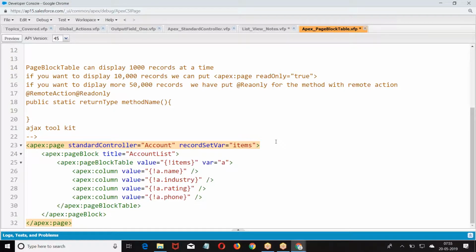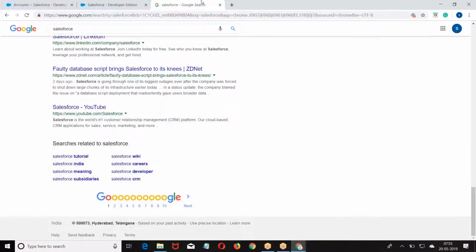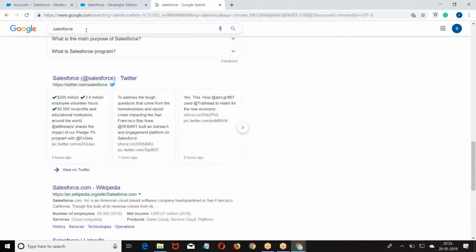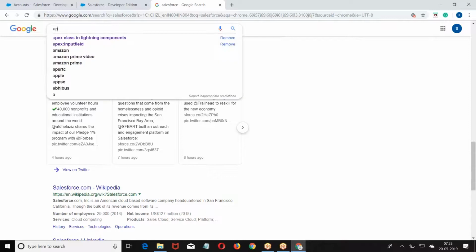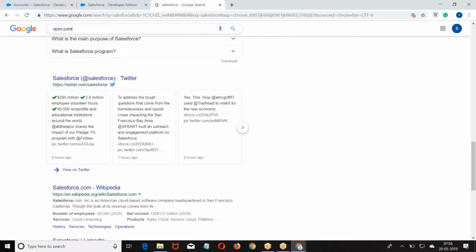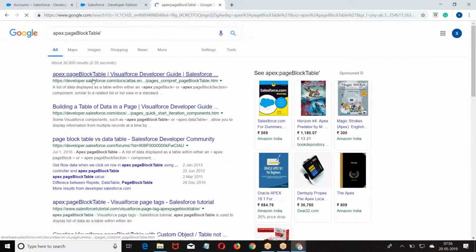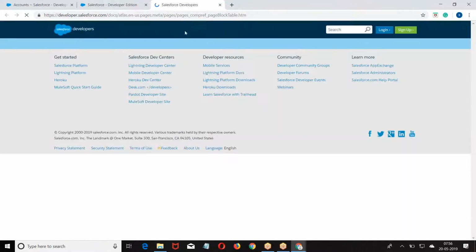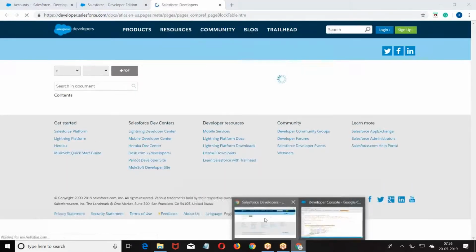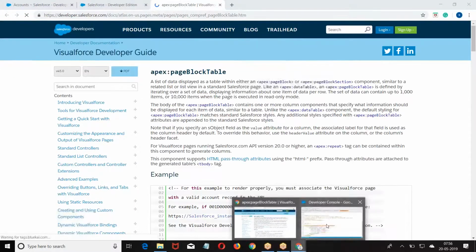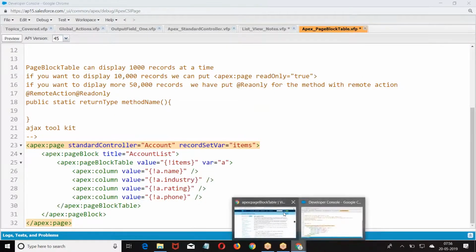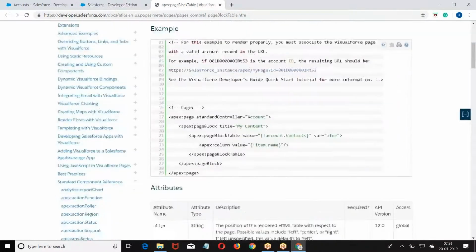What is the first thing you have to do? Standard controller. Take a standard controller.